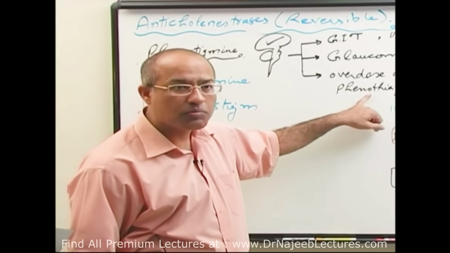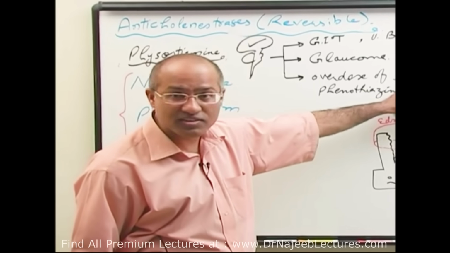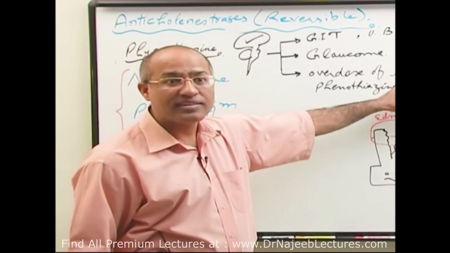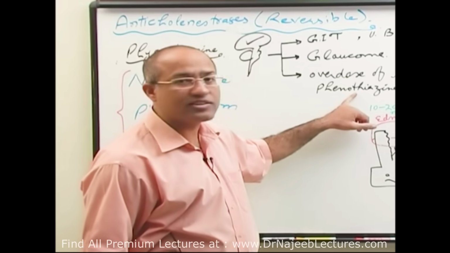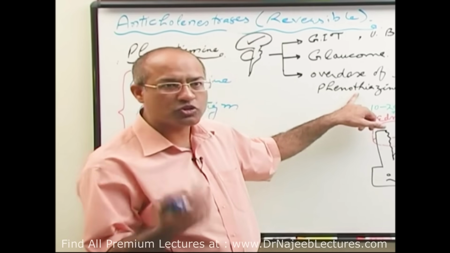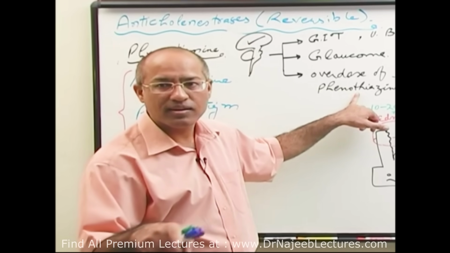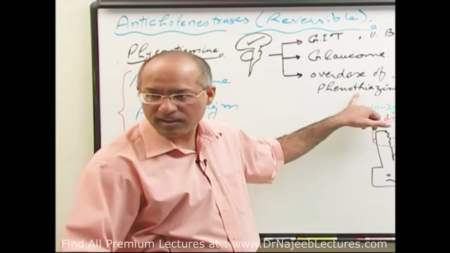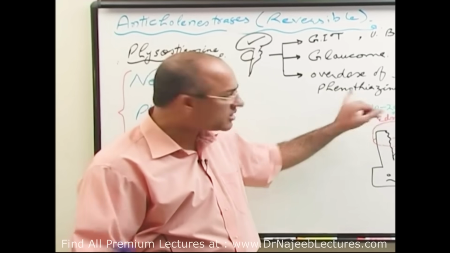Phenothiazines block the muscarinic receptors. Atropine blocks the muscarinic receptors, right? So it means that atropine has anticholinergic activity. Phenothiazines do have anticholinergic activity. So to restore cholinergic activity in these conditions, you can give physostigmine. Am I clear? Why you are looking lost? You are understanding me? Okay, that's good.